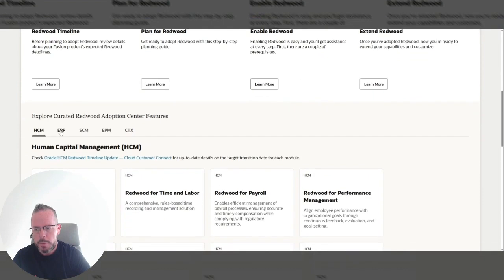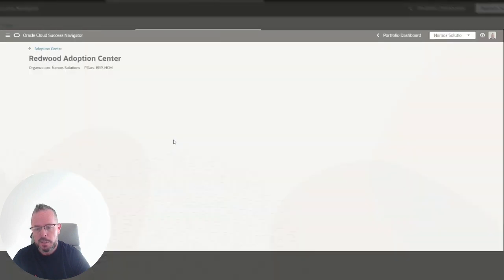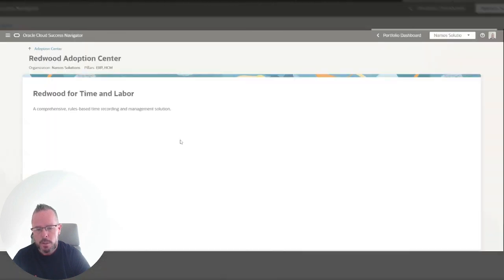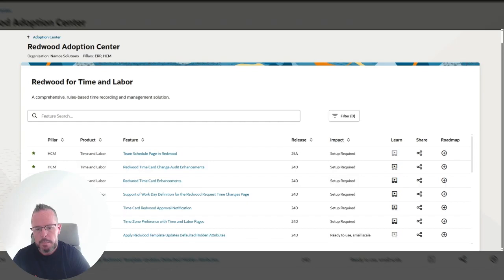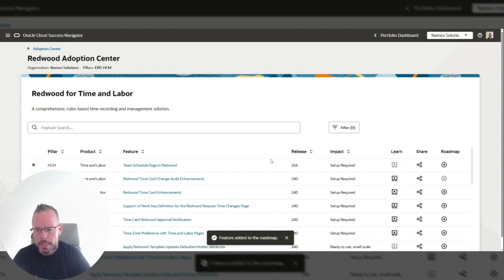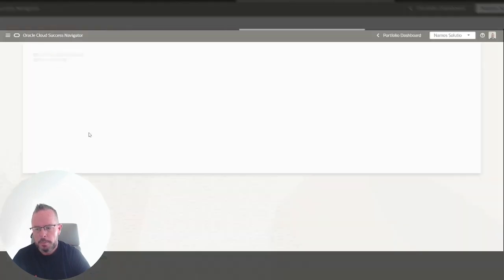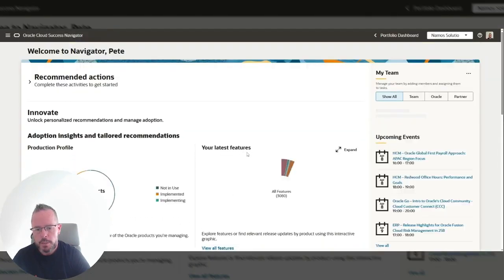But also down the bottom, we can have a look by module. So for time and labour, for example, looking back over all of the releases to 24A, what are the releases that impacted time and labour for Redwood? And again, from here, you can add them, you can share them, watch a video, or add it to your roadmap. So 2 places to add to the roadmap, one from the adoption center and one from the features sunburst